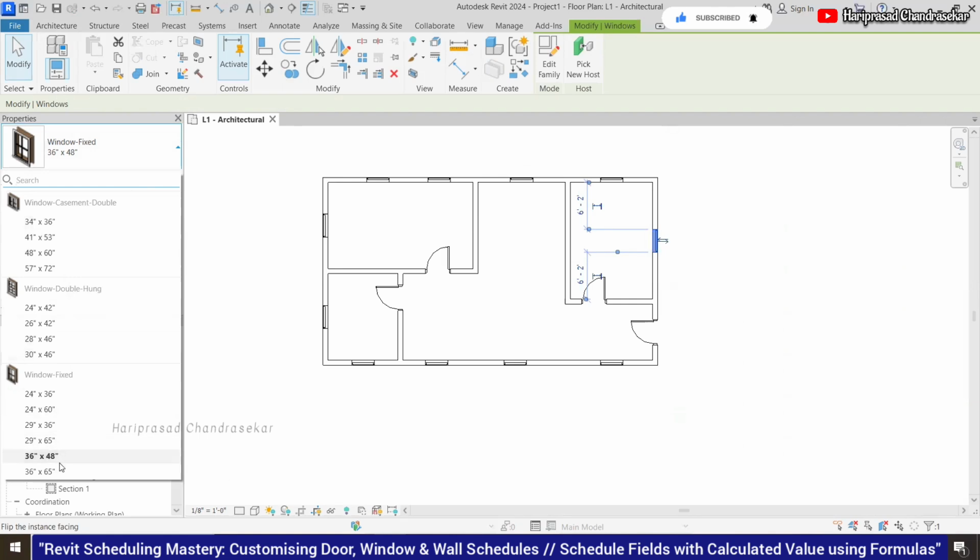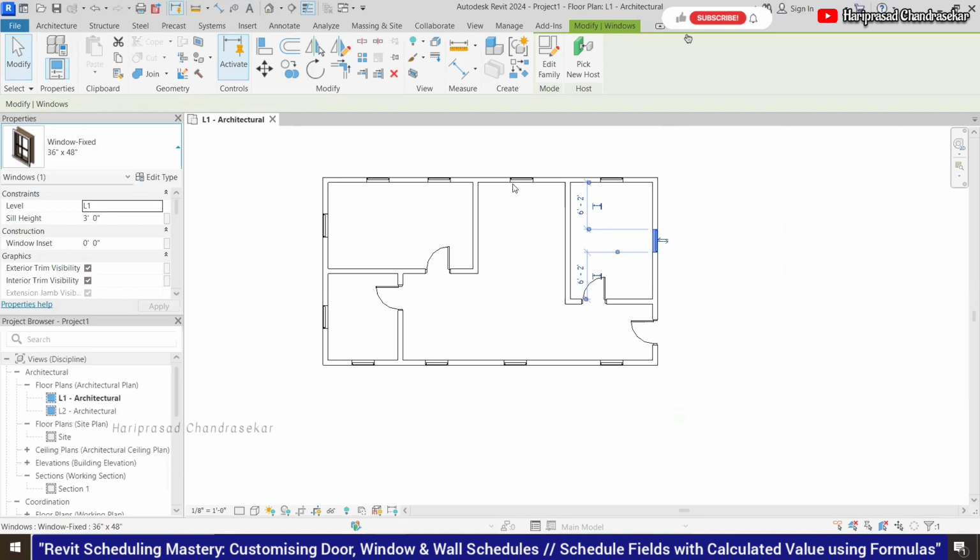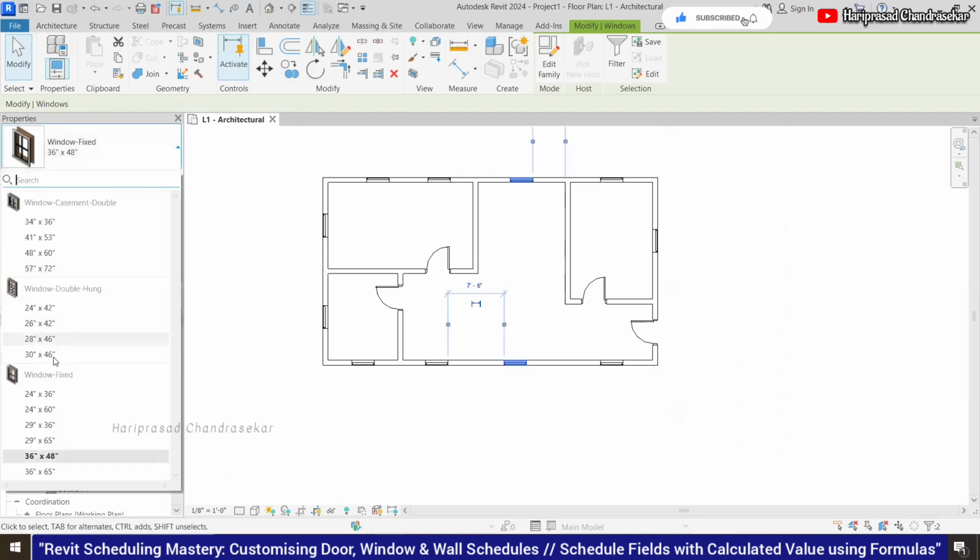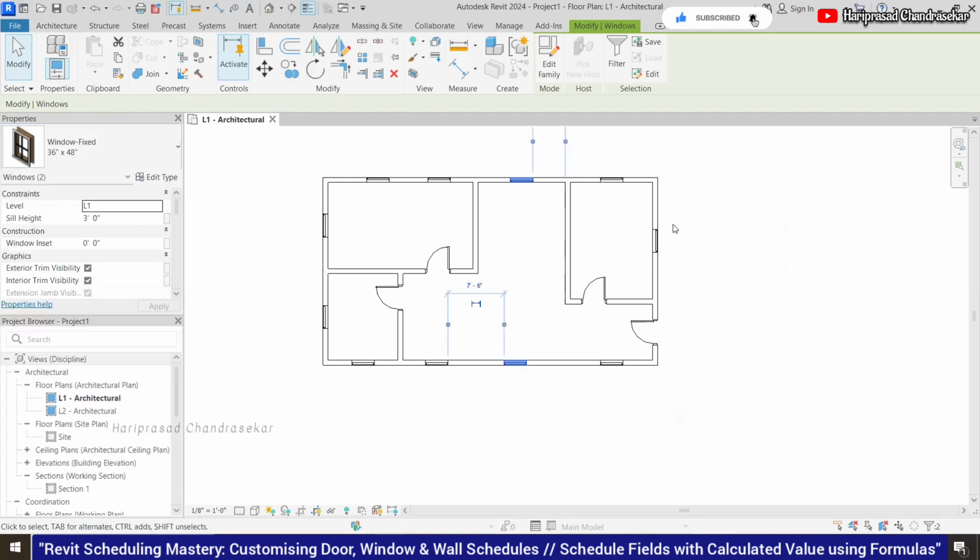For example, if I want, I can just change these two. I can just change this one. If you want to change the thing, you can select and hit the space bar.